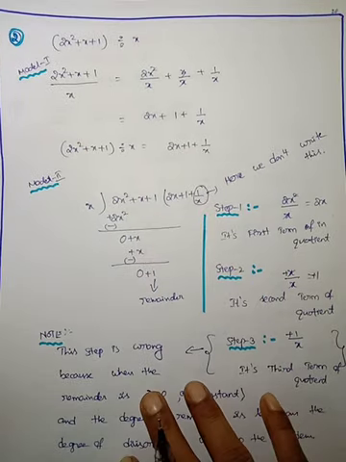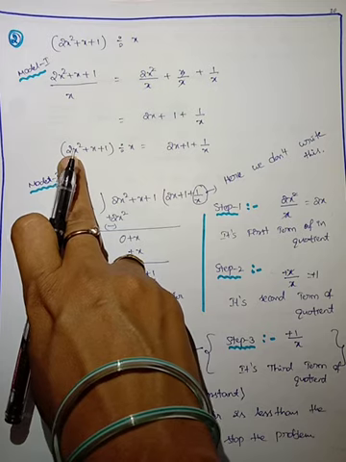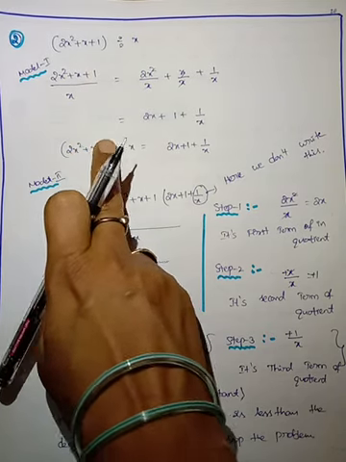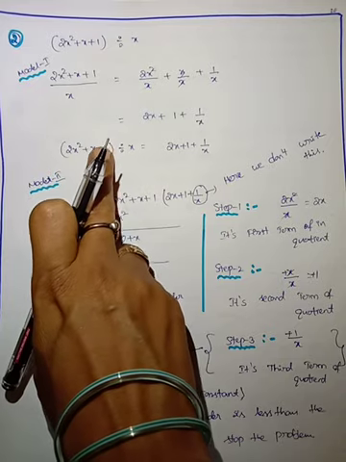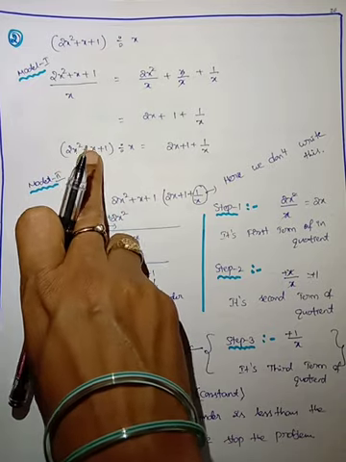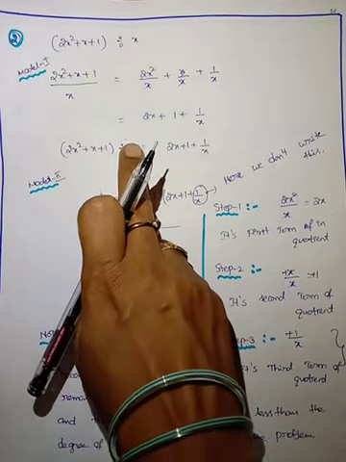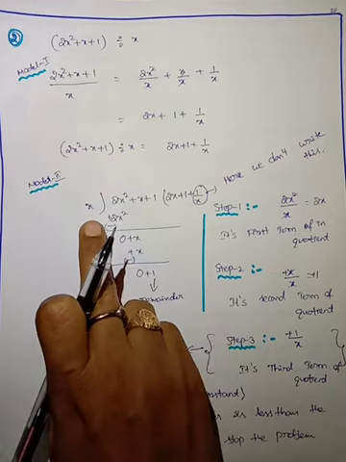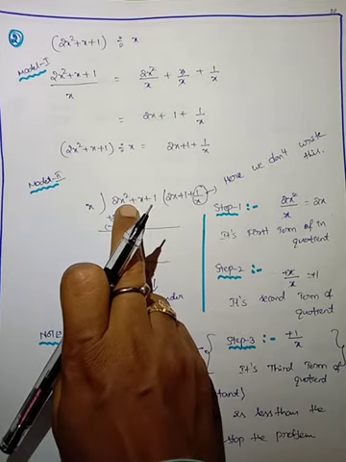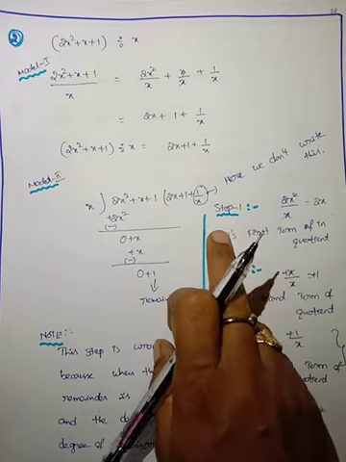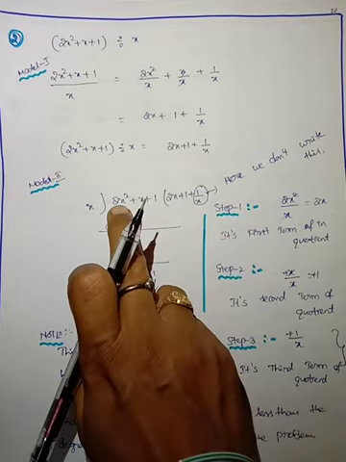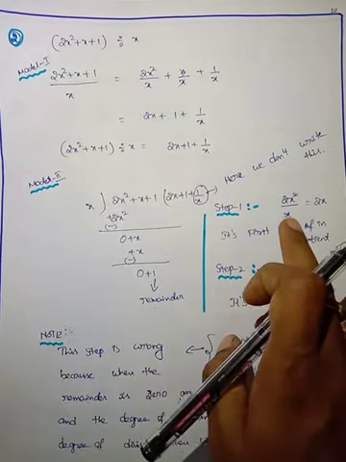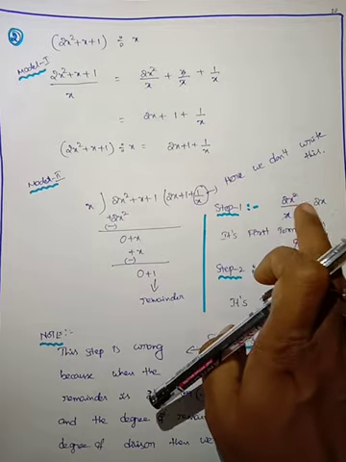Now go to the second method. Which degree is highest? In 2x square plus x plus 1, the degrees are 2, 1, 0, so this is the highest degree and this is the dividend. x means x power 1, a linear polynomial, so this is the divisor. I write the divisor and the dividend. In step 1, you take the first term in the dividend, 2x square, and the first term in the divisor, x. x cancels, then 2x.